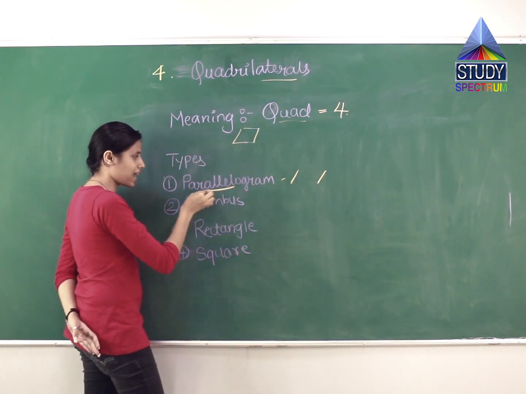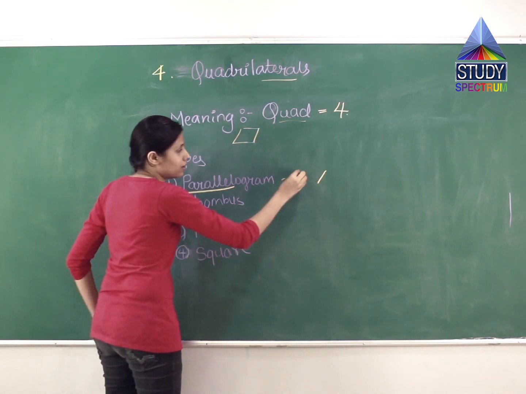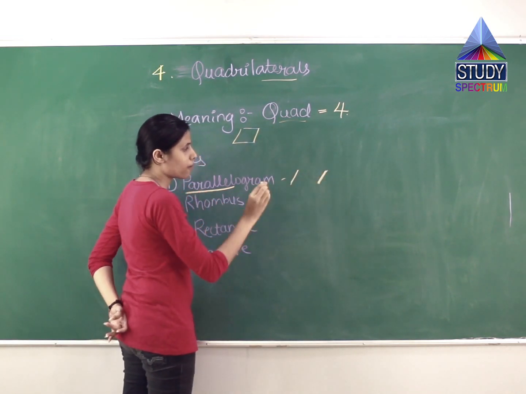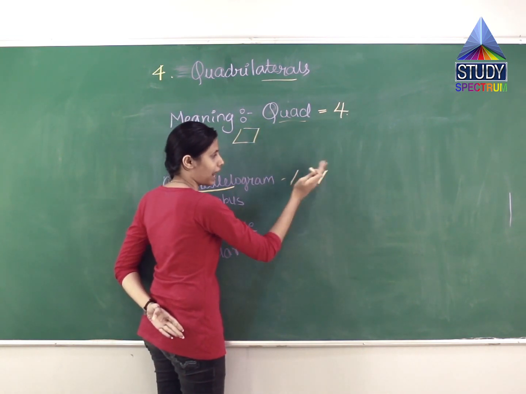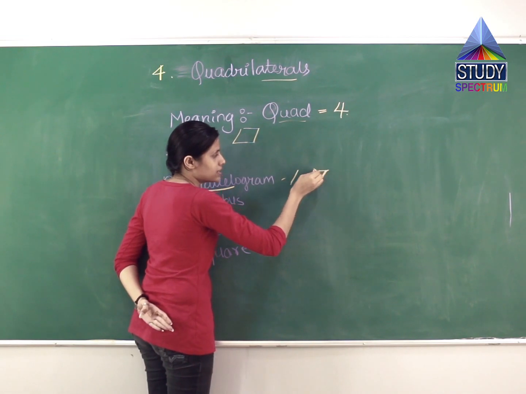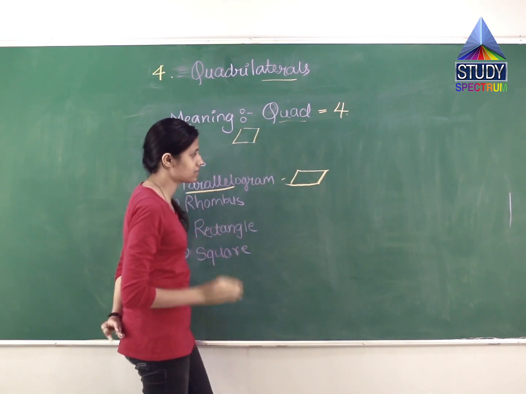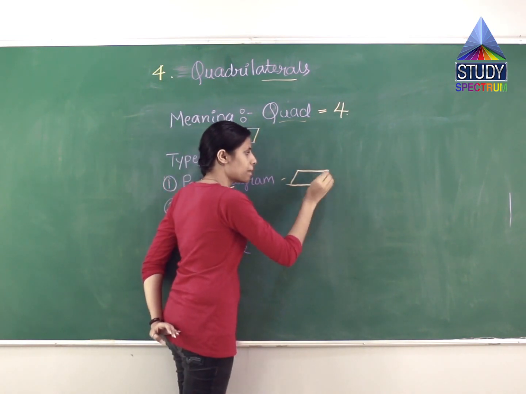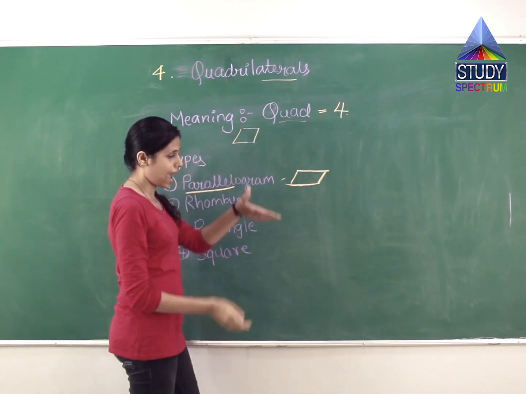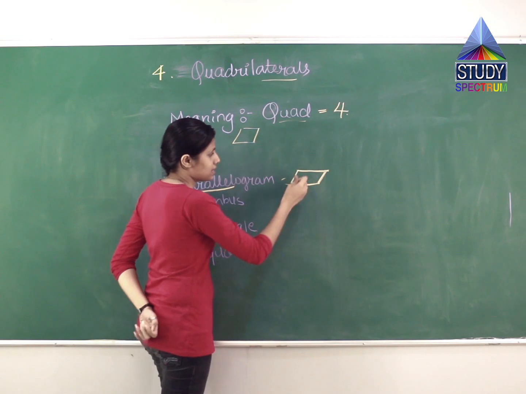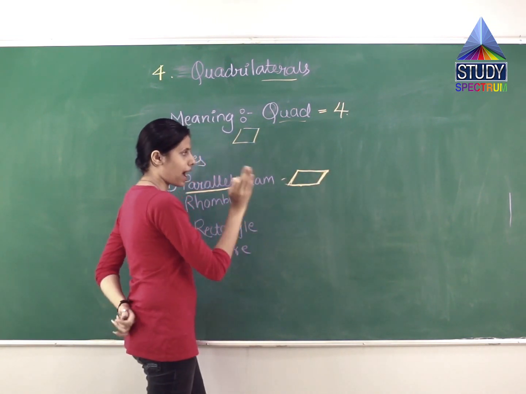What does parallelogram mean? Parallel to each other. It means the slope, the inclination of both lines is similar. They are same inclined. And the above two lines are straight lines. They are not slant lines. They are straight lines, and they are also parallel to each other. These both lines are parallel to each other and straight, whereas these two side lines are a bit slant. They are also parallel to each other.